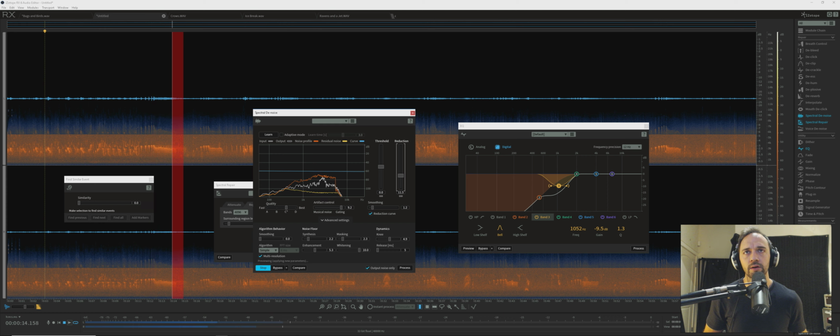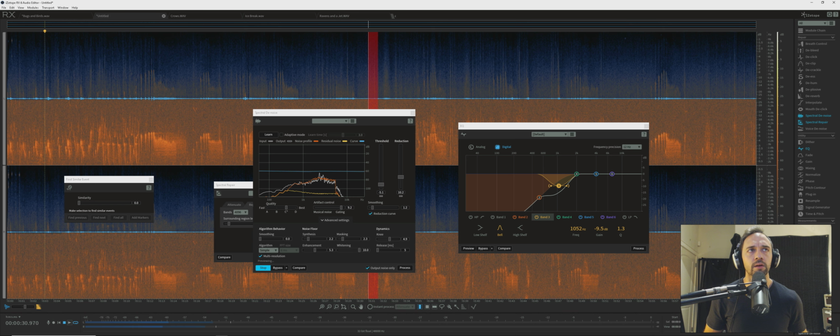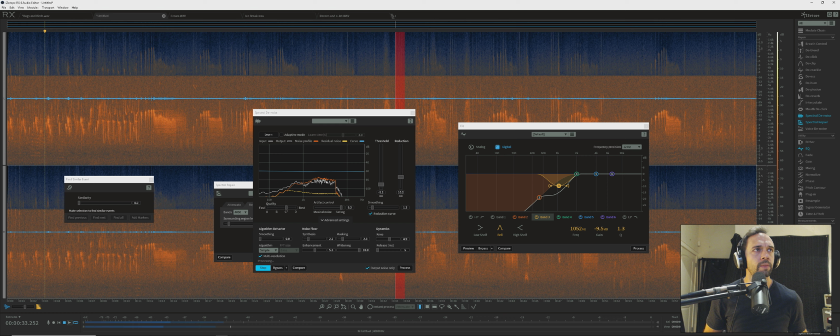And we are. So we lower this, and what I'm going to do is draw the curve around where the birds are, which is mostly